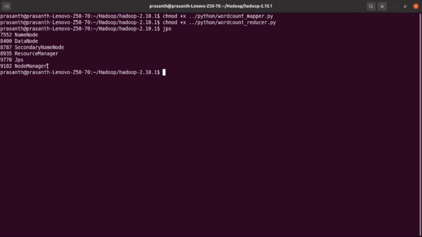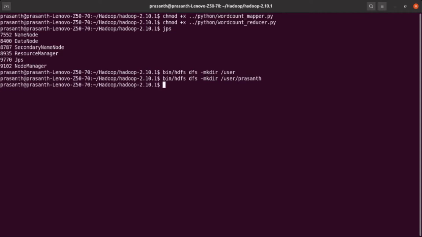Now I want to create the input folder in HDFS. So I am doing that: bin/hdfs dfs -mkdir /user. First I create a user folder under root, then I create a Prashant folder under user.